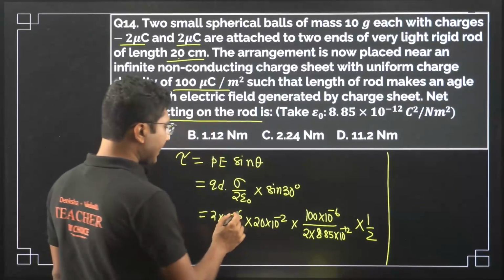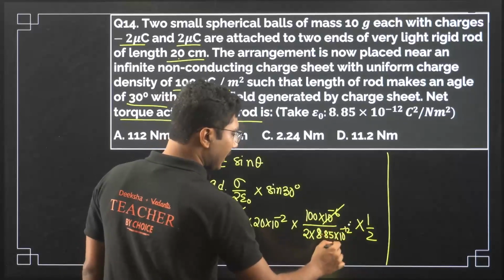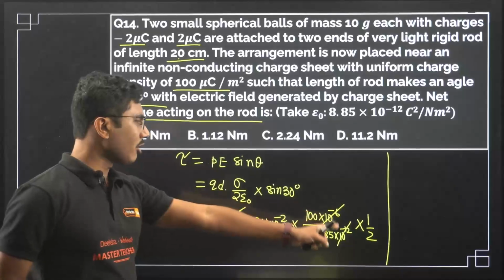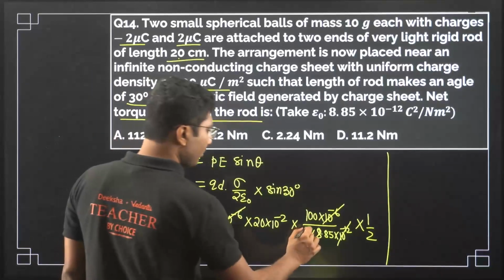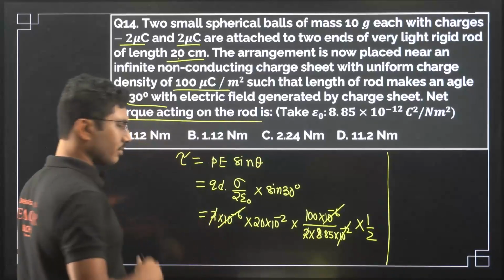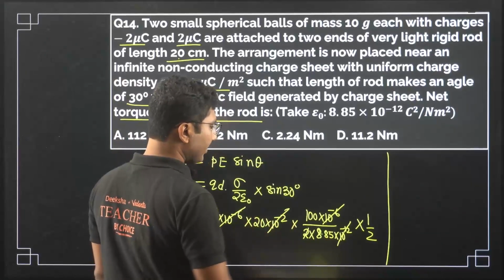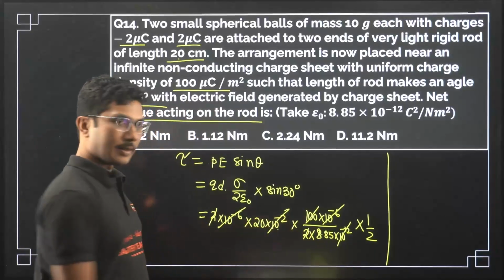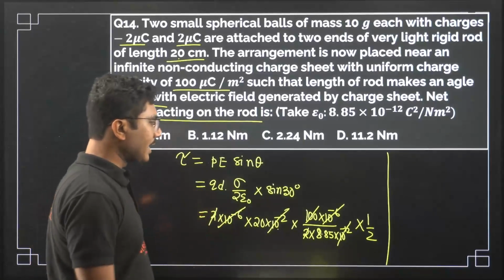Now if you see, 10 to the power of minus 6, 10 to the power of minus 6 will cancel with 10 to the power of minus 12. Right, so they are in the top, so they will cancel with whatever is in the bottom. These two will cancel with these two, right? And 10 to the power of minus 2 will cancel with 100. 10 to the power of minus 2 means 1 by 100, so that will cancel with 100. So what we have,